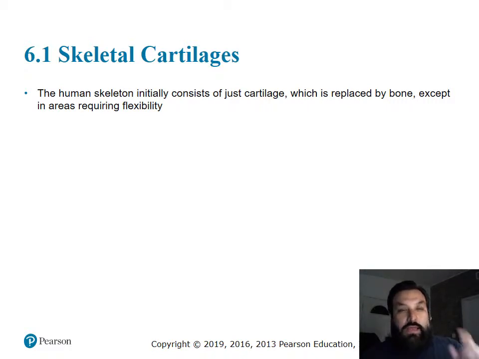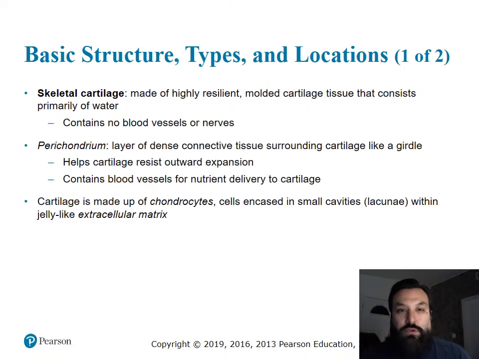And even at the ends of those bones, we still have flexibility. We still have cartilage there in place. When we have joints, for example, is a place that you still find cartilage occurring inside the skeletal system. Okay. So looking at cartilage, since that's the beginning of really looking at the tissue that makes bone itself, it is highly resistant. It is cartilage, that tissue that is made up primarily of water,